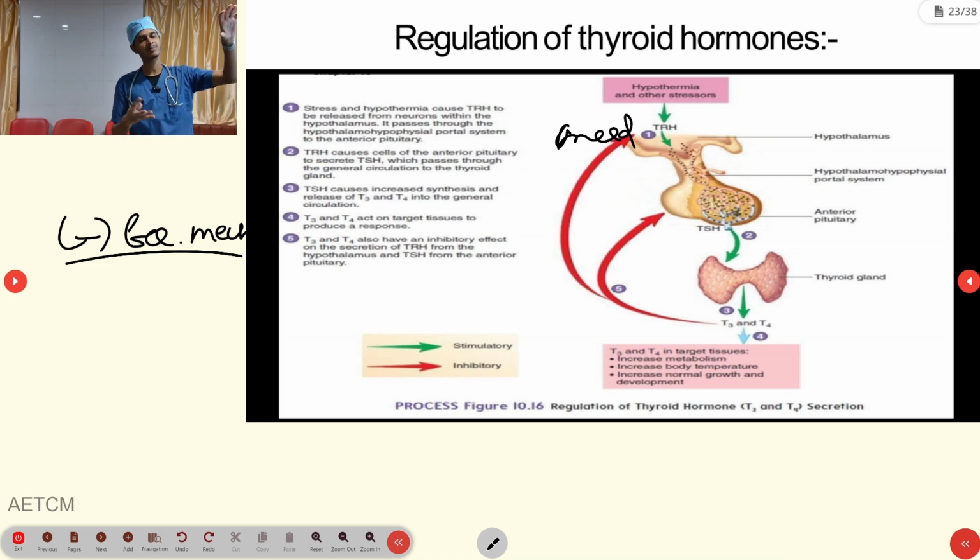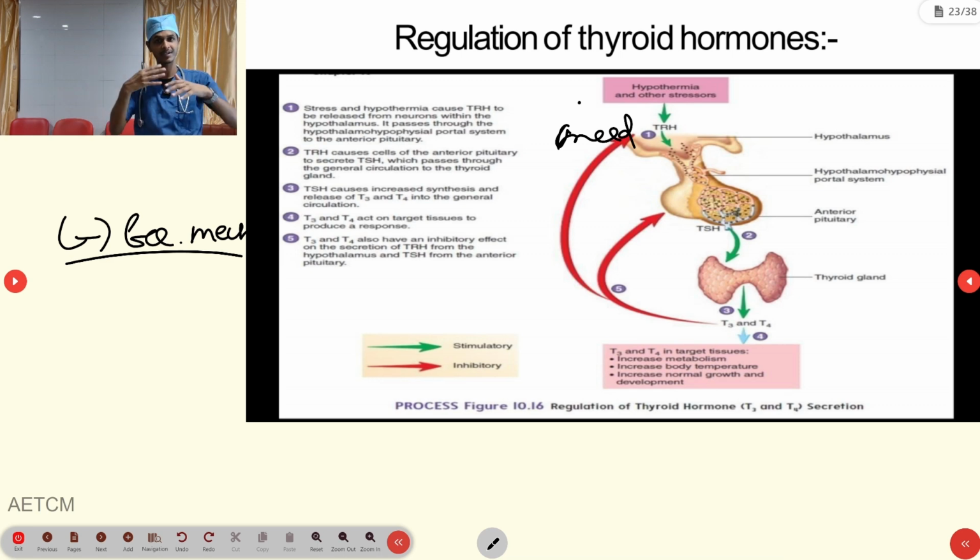The hypothalamus receives the message and sends a messenger to your anterior pituitary gland. The hypothalamus itself can't directly stimulate or interact with your thyroid gland, so it sends a messenger to the anterior pituitary gland. The pituitary gland has two parts, anterior and posterior, and the request goes to the anterior pituitary gland. So that messenger name, from the hypothalamus to the anterior pituitary gland, is